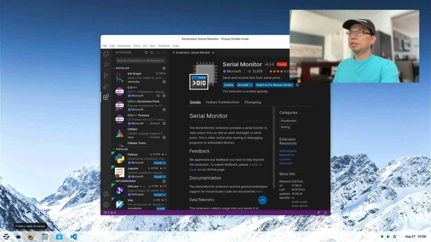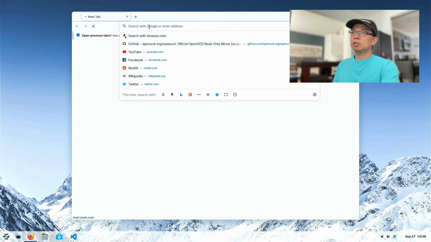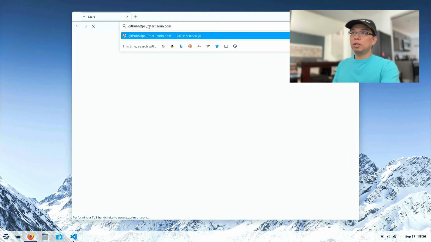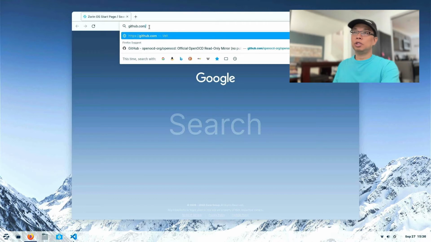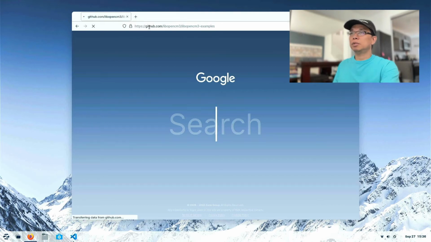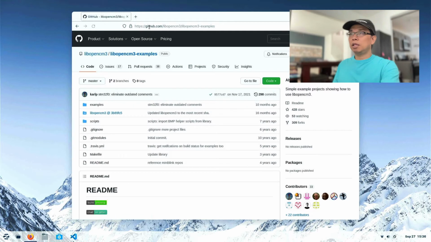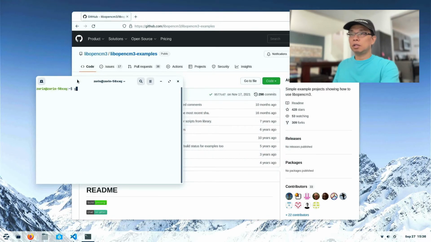Now we're gonna grab the libopencm3 examples. With the STM32, there is an open source libopencm3 as an alternative to using the STM HAL. And they also provide examples. And this is the GitHub repository of the examples. So remember that link. That's where we can clone their examples. So let's open terminal and type git clone